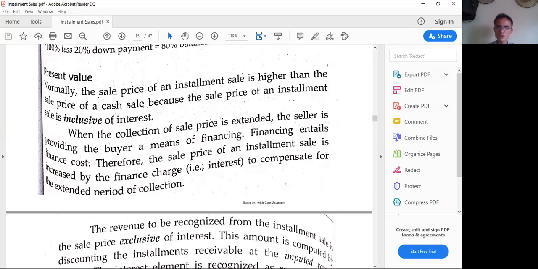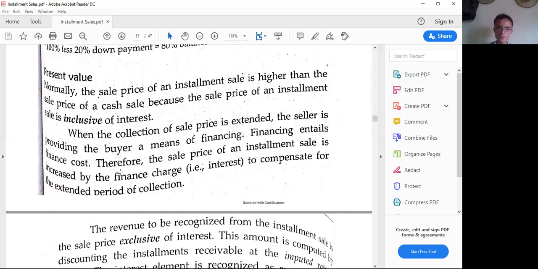So for sure it's going to be a long-term perspective, more than 1 year in that case. And normally for installment sales, which are expressed in promissory notes, it's going to be in series of installments, say for example, monthly or even quarterly, semi-annually, or annually over a certain number of years, depending on the